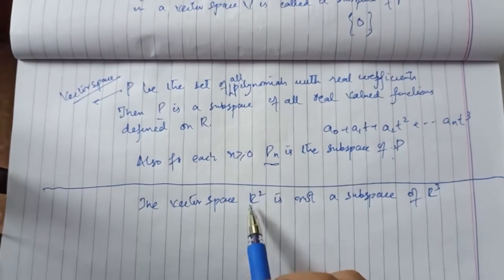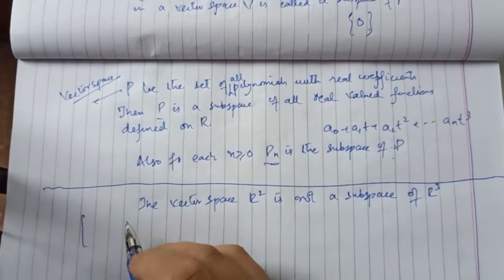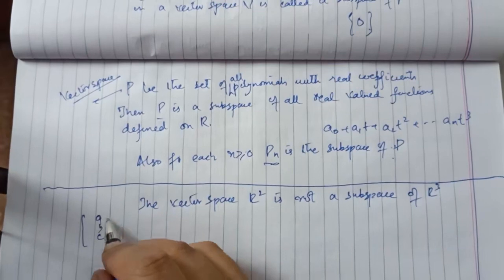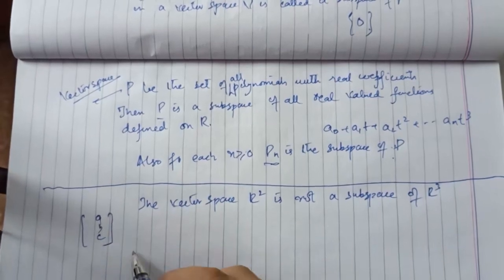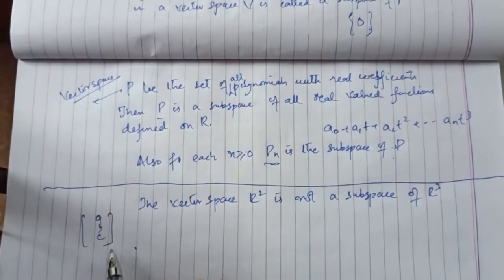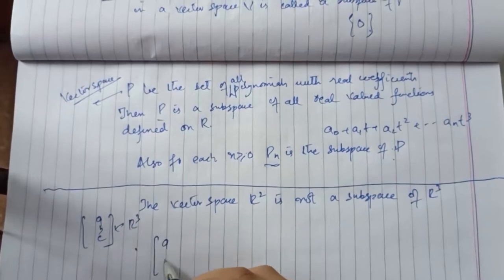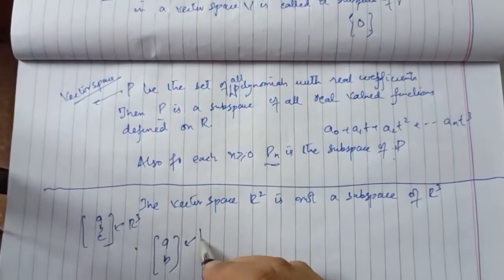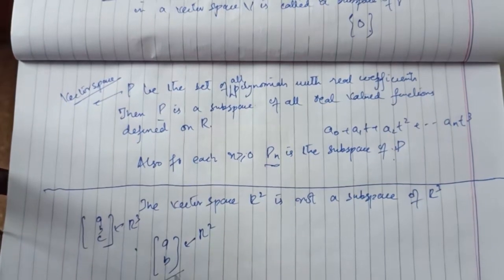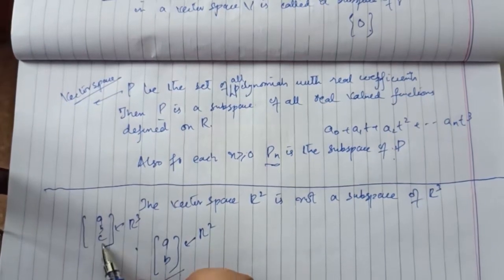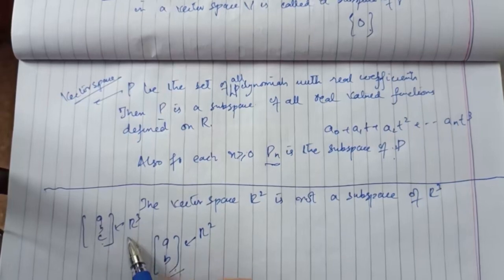So you cannot say that, for example, if this is (a, b, c), that this is a vector in R3. Now if there's a vector (a, b), which is in R2, you cannot say that (a, b) is a subspace vector of R3, because the thing here is